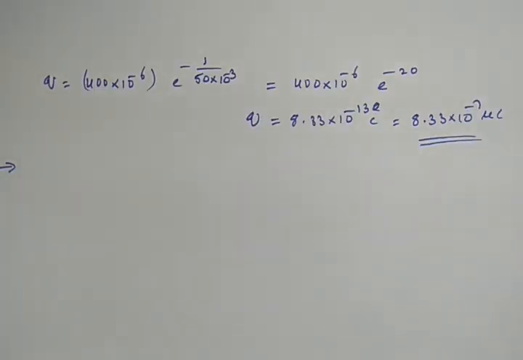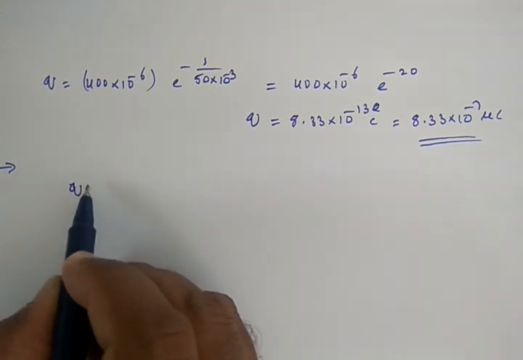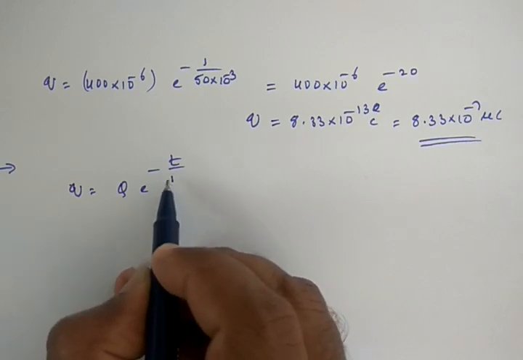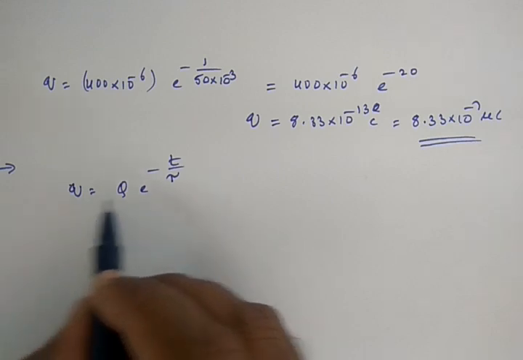So now look at the next problem, that is: the electric field between the plates of a parallel plate capacitor of capacitance 2 microfarad drops to 1/3 of its initial value in 4.4 microsecond when the plates are connected by a thin wire. Find the resistance of the wire. This is also like a discharging of a capacitor. So in case of discharging, the equation will be Q equals Q0 times e power minus t by T. So now you can multiply this equation.